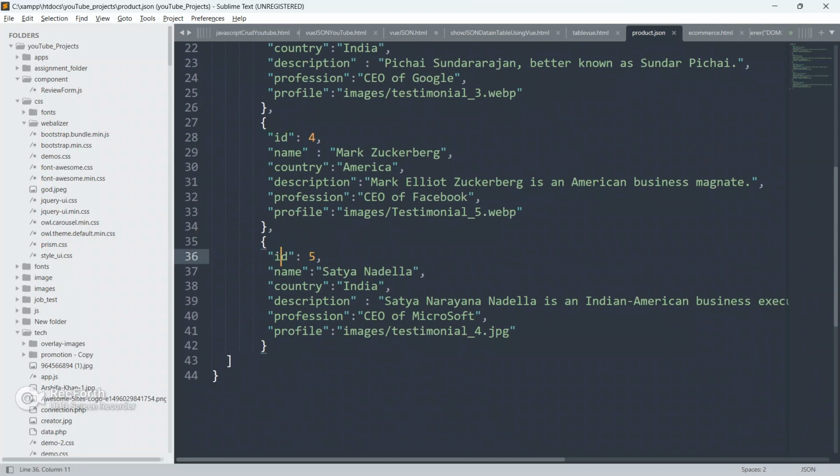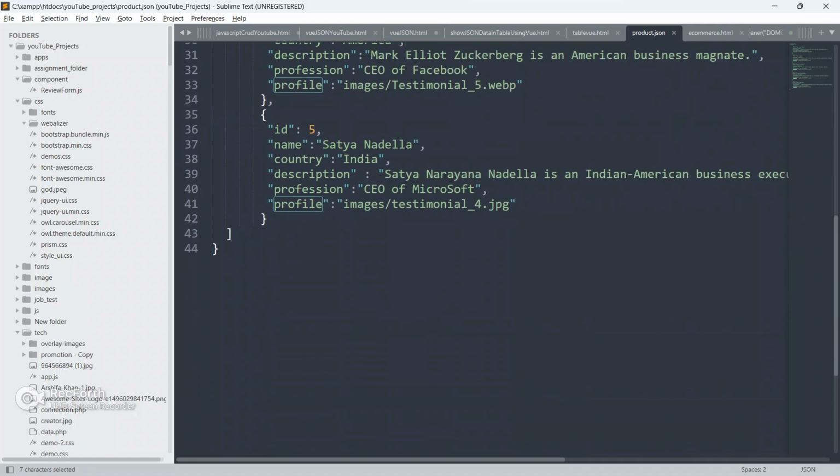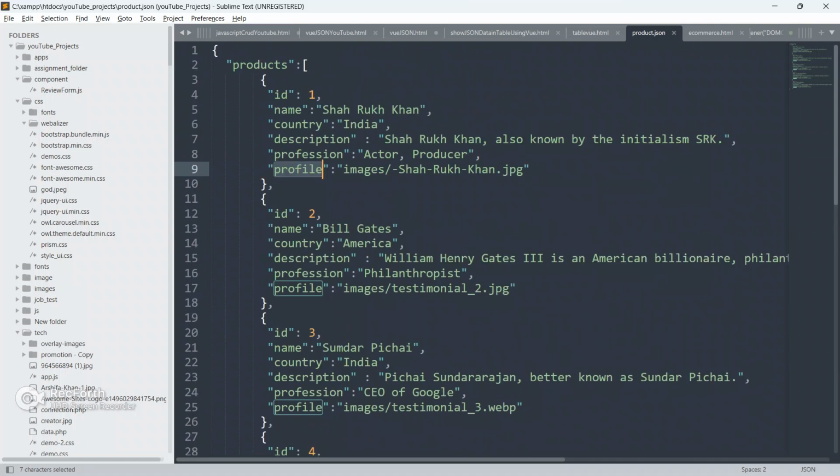So this is ID 1, ID 2, ID 3, ID 4, and ID 5. Name is this, country is this, description is this, profession is this, and profile is this. We will display all the details about the users in a table by using the Vue.js v-for directive.